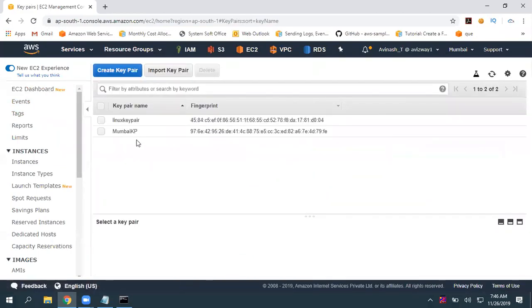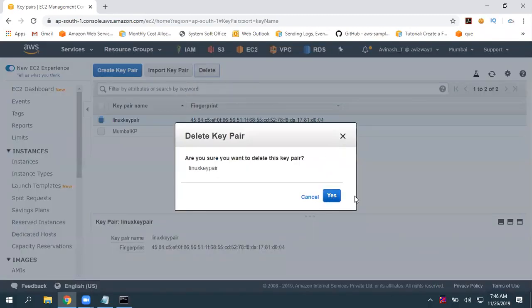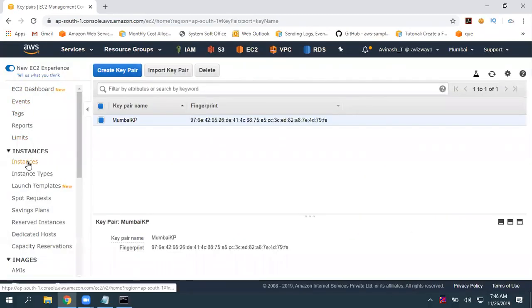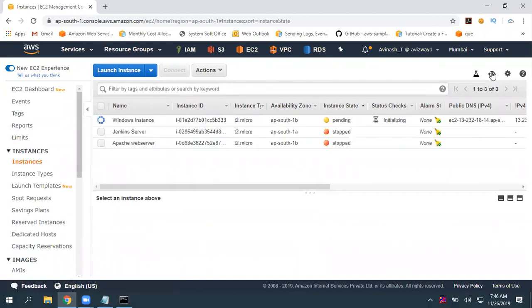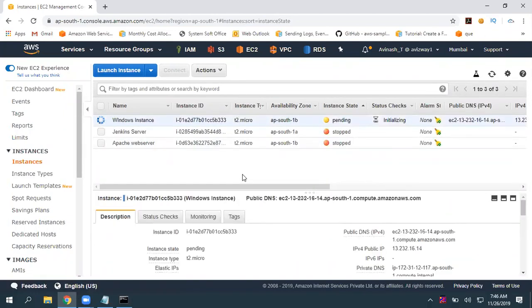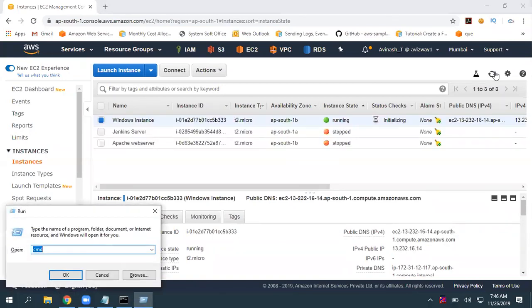Okay, I'll do one thing. I'll always go with this Mumbai KPR. Okay, so it is a Windows instance, and once the instance is provisioned, we can get connected and we can observe that. So you're going to get India Standard Time set up in that machine. Again, basically this machine needs to get the EC2 config service up and running. So it is going to take a minimum of 3 to 4 minutes.